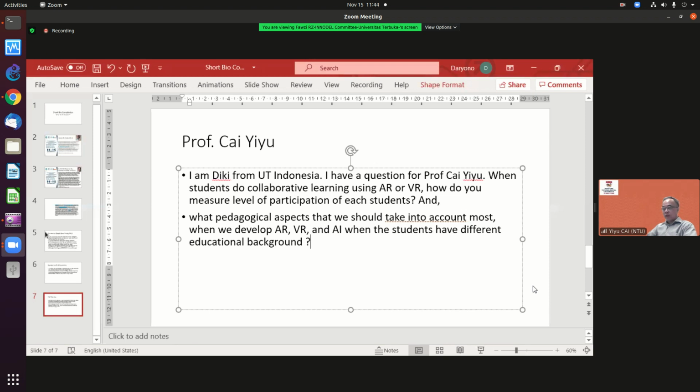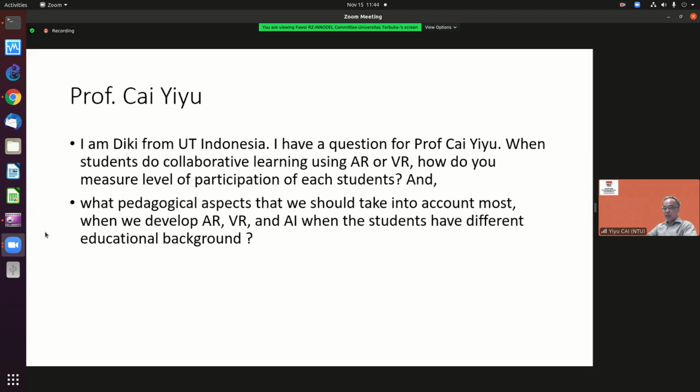All this shows visual learning, and visualization-based learning itself plays a very important role in this pedagogical aspect.